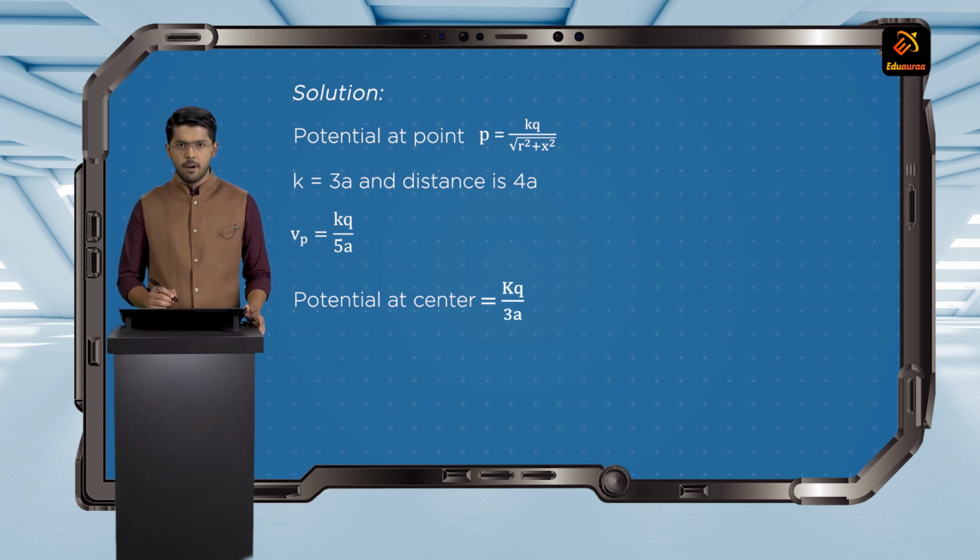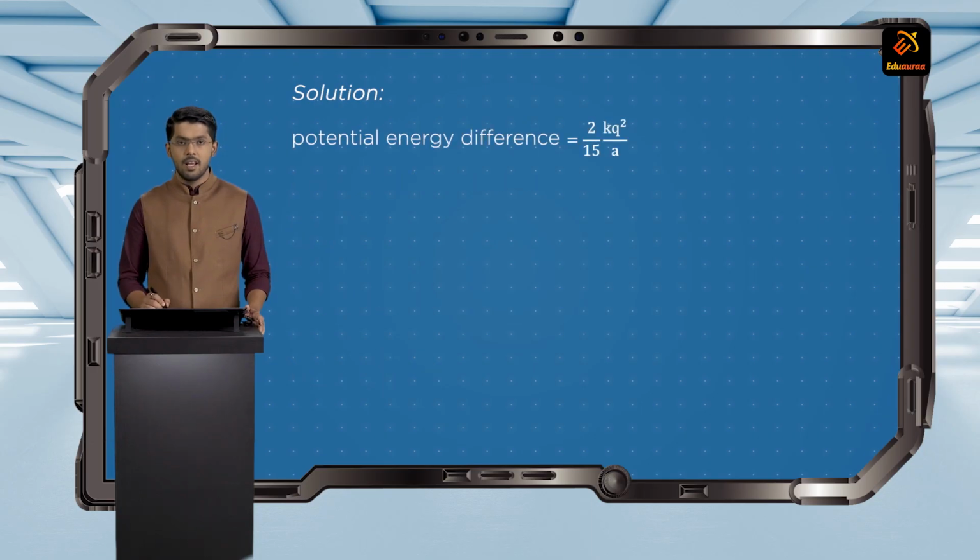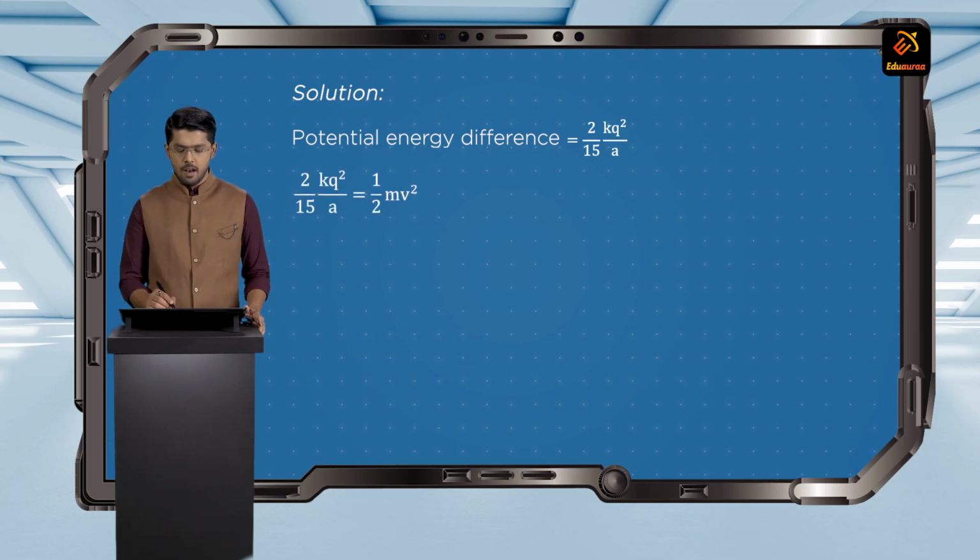Now, the difference in potential will be Vc minus Vp, essentially kq by 3a minus kq by 5a, and the potential energy difference will be equal to this potential difference multiplied by the charge, which comes out to be 2 by 15 into kq square by a. Now, as we have discussed, this energy must be provided to the point charge in the form of kinetic energy. So for the minimum value, we must provide at least this much kinetic energy,